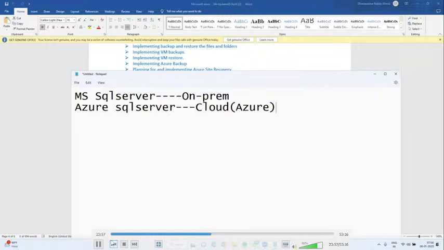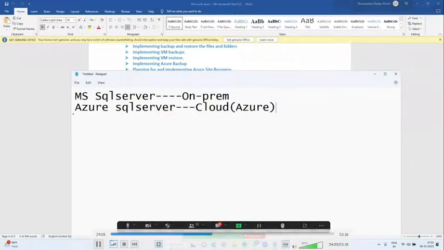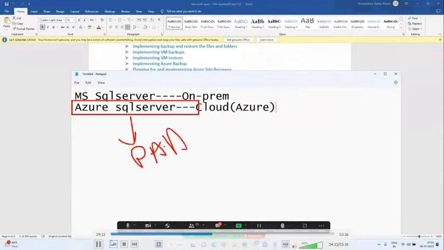In on-premises SQL Server, first you have to purchase the license, download the software, and perform the installation and configuration. When you go for Azure SQL Server, it comes under what? PaaS, platform as a service.